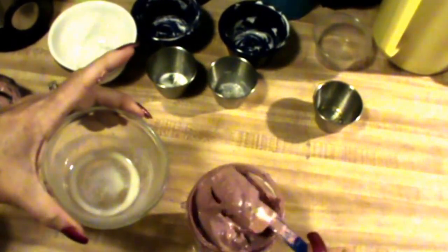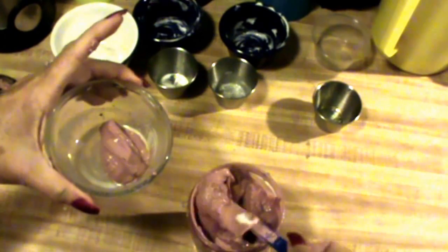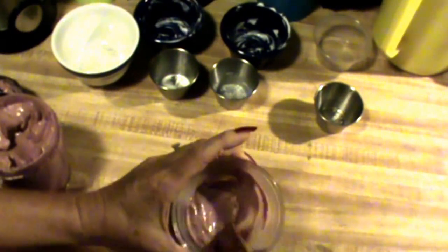Now, okay, I'm going to use my little bowl here that I have my milk in, and I'm going to put some in it. I will be doing my face, but I'm not going to video it. But I am going to do my hands. So I'm going to stir that around. I want to get all that milk in there incorporated in. I'm going to be doing my hands